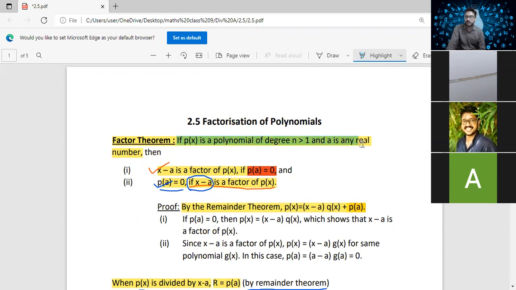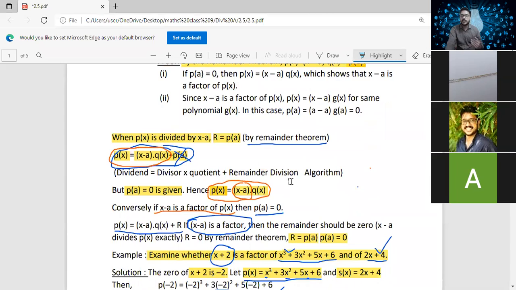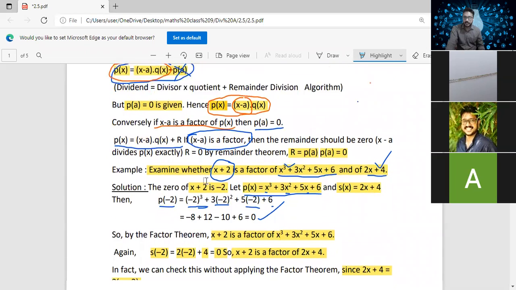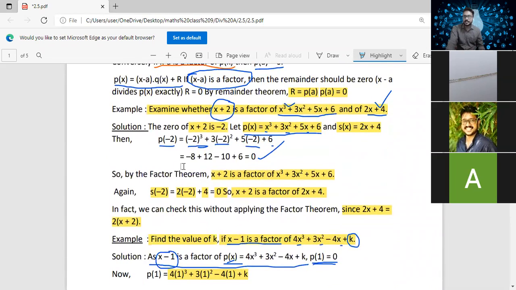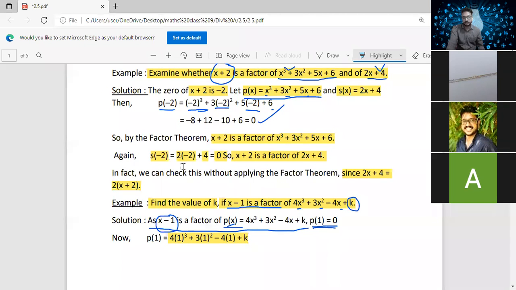It states that if p of x is a polynomial of degree n greater than 1 and a is any real number, then x minus a is a factor of p of x if p of a is equal to 0, and p of a is equal to 0 if x minus a is a factor of p of x. We have proved that, and we have used this factor theorem to solve the questions. Some questions were given to you,